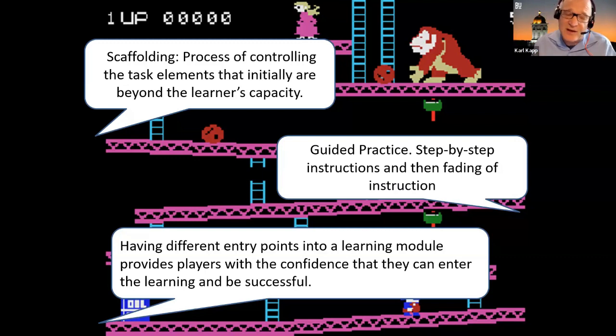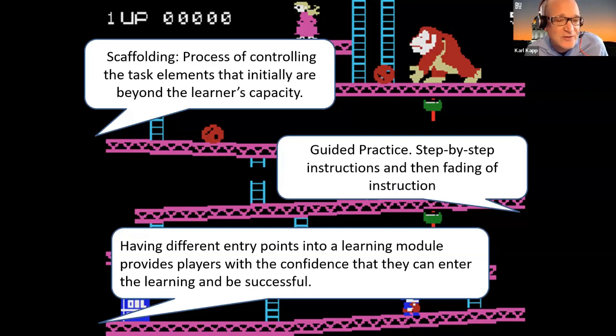Now you need to have a careful understanding of the content that needs to be taught, the behaviors that you're trying to influence, all that kind of stuff is important, but it can be done by making sure that you have multiple entry points. And it doesn't just have to be three. A lot of times they think three is a magic number. It doesn't have to be a magic number. You could have 5 entries into the instruction. You could have 6 entries in the instruction. Design it how you want.